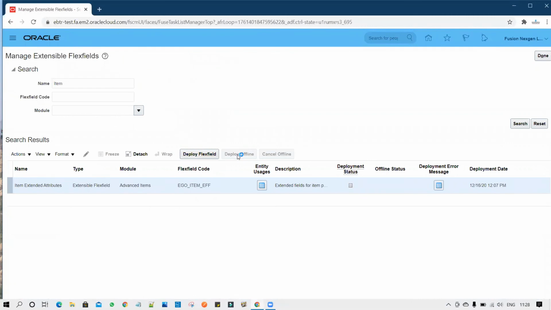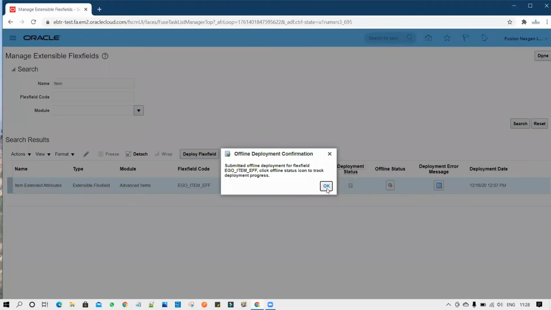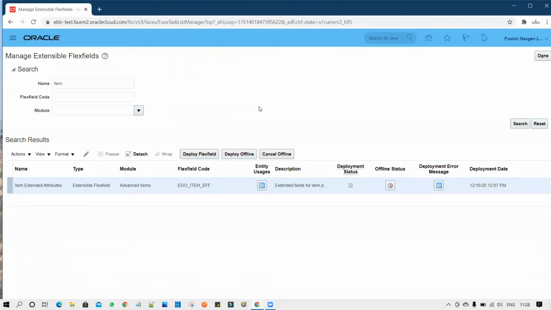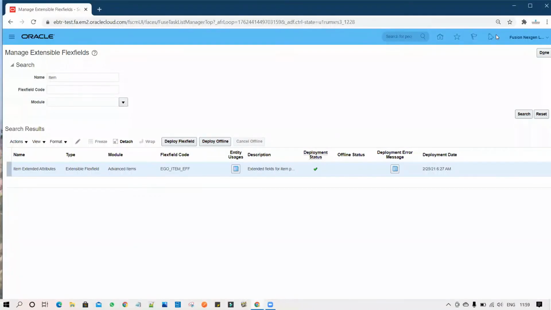Once you're done, deploy flex fields and wait until the program completes. Now we can see that the extensible flex field is successfully deployed.